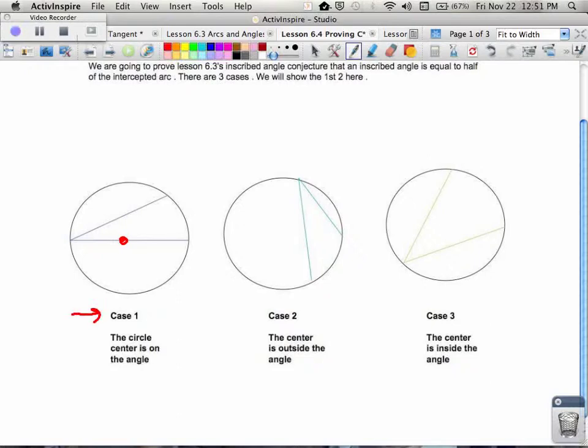In case number two, what could happen is the center could be outside the angle. And in case number three, on the far right, the center could be inside the angle. So either on, outside, or inside. These are three possibilities. If those things happen,